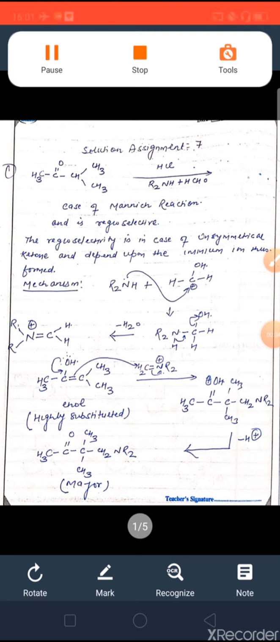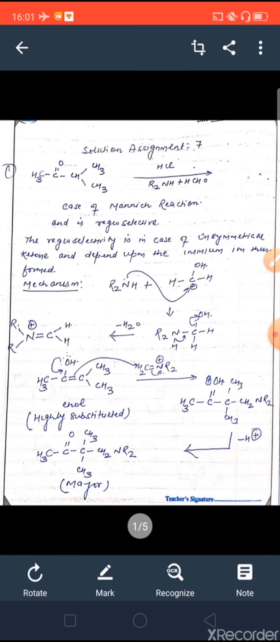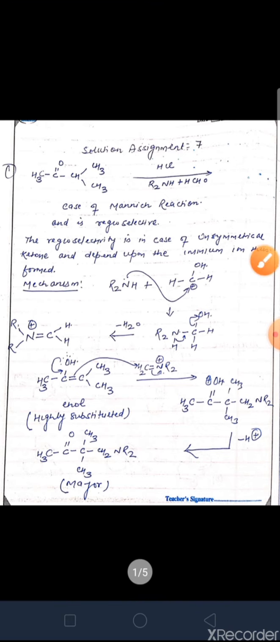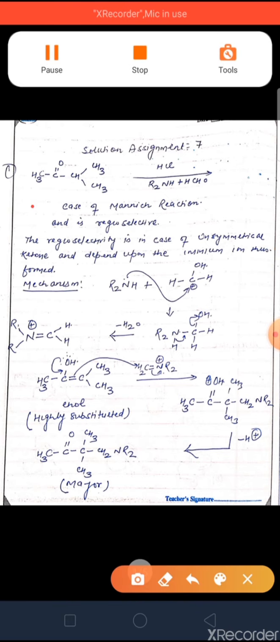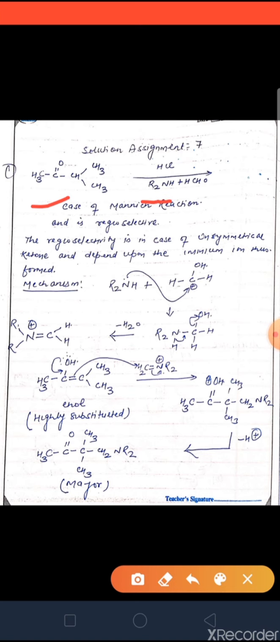number 7, in which the first question is the Mannich reaction, and this is an example of the Mannich reaction in which we have an unsymmetrical ketone, and this unsymmetrical ketone will react with this secondary amine and this formaldehyde. So first of all, this particular secondary amine will react with formaldehyde and will form the iminium ion. After formation of this iminium ion,